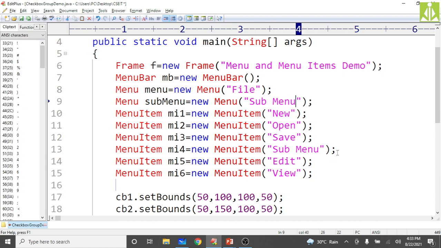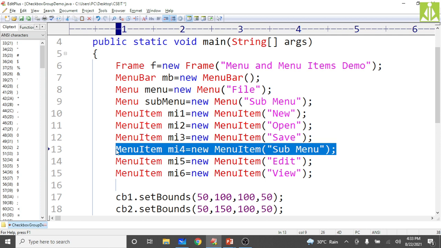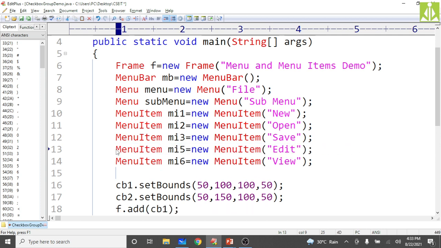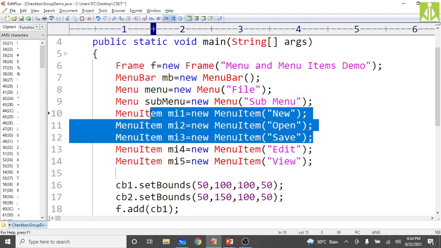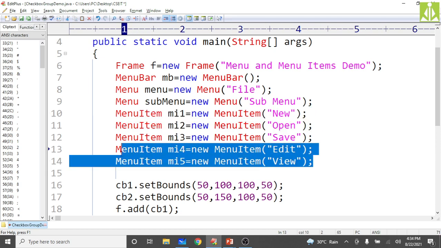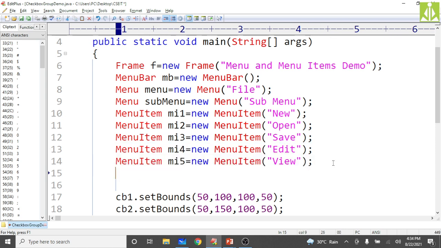Here it is not required, just remove this one. This is your mi4, this is your mi5. So we put the first 3 inside the file option, and the next 2 we will put inside submenu, and we will see how it will give the output.